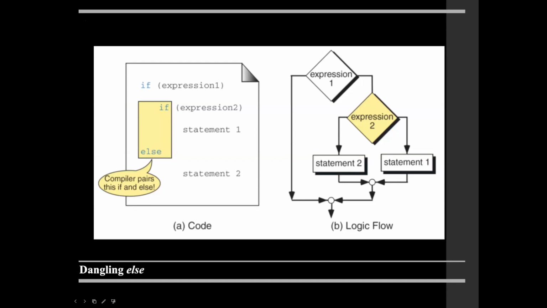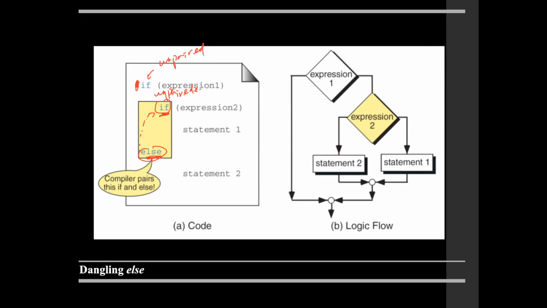So let's go through this specific use case here. This is basically saying else is always paired with the most recent unpaired if. So let's take a look at what this really means. What you see here is nested if and else statements. So this if, and then this if again, and then there's an else. When this happens, the second else is paired with the most recent unpaired if. The most recent one is actually this. If this if is already paired, then no, we're talking about unpaired. And this one is also unpaired,